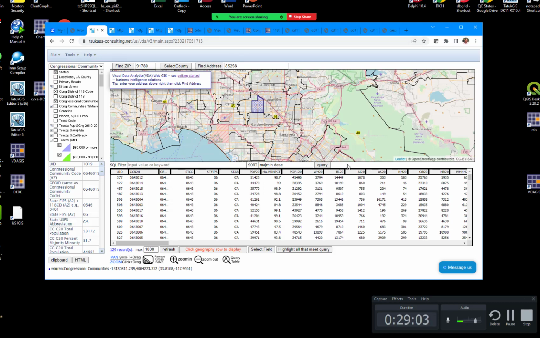You can do geographic drill down within a congressional district, either by congressional community or by census tract. If you do it by census tract right now, you've got an extensive array of subject matter available to you. So I demonstrated one of them on median household income, but there are others that we can do. So I'm looking over here in the legend panel at the left, and so we could look at tracts by